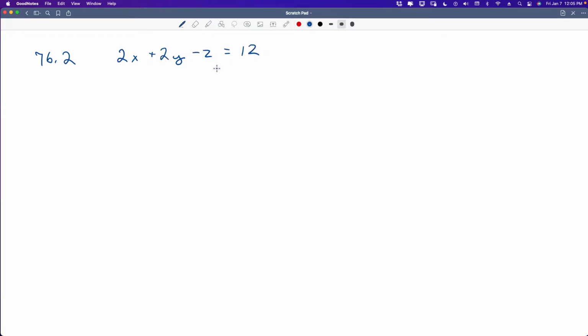All right, there's the first equation. Here's the second equation. And here is the third equation. And I'm going to let you guys figure that out for just a moment. Think about it. See what you can do. Make a plan. This is where you look at your equations and you make a plan about what to do